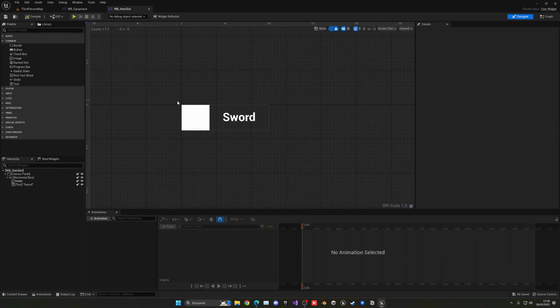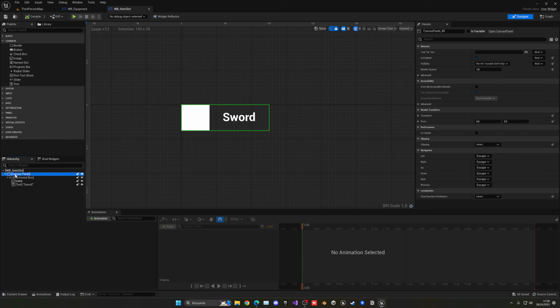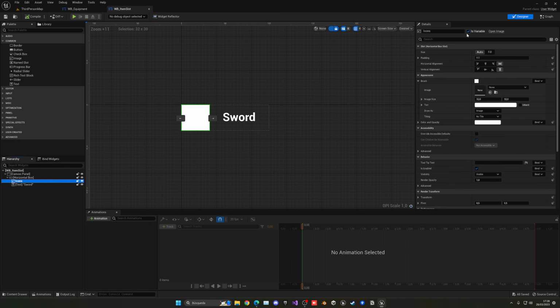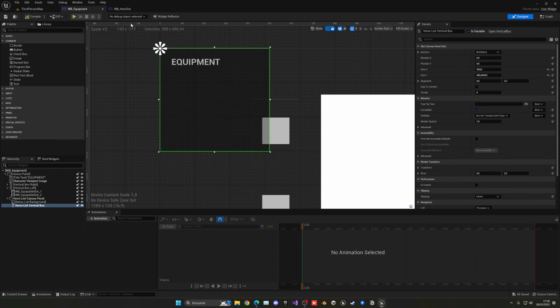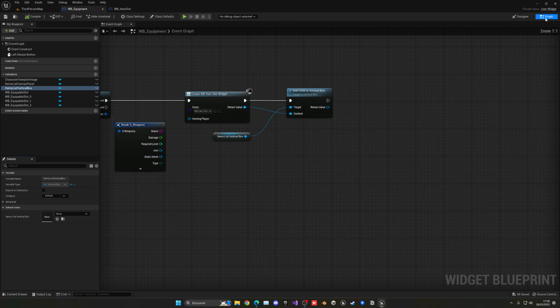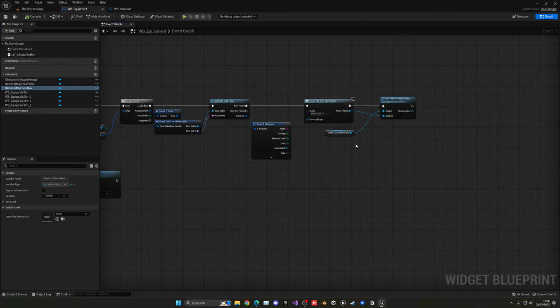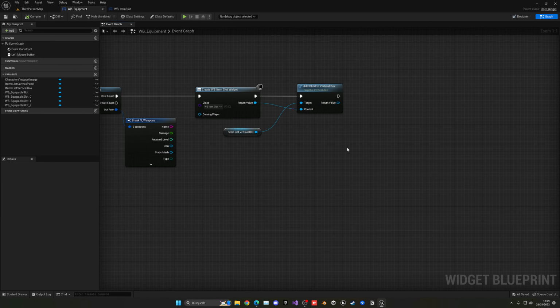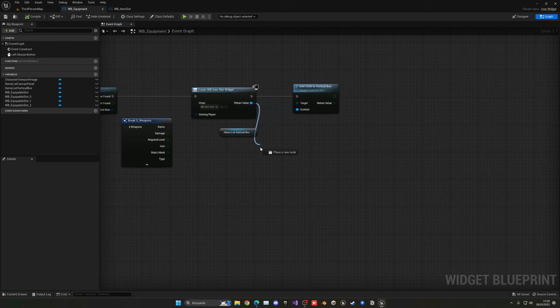Let's go back into our item slot, okay? And what to do is basically change this icon. So make sure its variable is selected, okay? Let's go back into WB equipment. Let's go into the graph, and then when it's basically creating each item, right when we add it into the vertical box, what we want to do is get that slot and then get the icon, which is the one